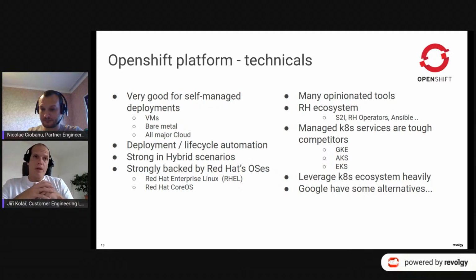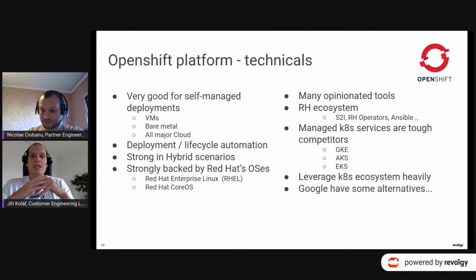And one more important thing which I believe is worth saying about OpenShift, a kind of differentiator against the other Kubernetes distributions: it's backed by the operating systems from Red Hat, which are well known and really good. Especially Red Hat Enterprise Linux and Red Hat CoreOS. This is a more lightweight version, which is used for containers. So these are definitely advantages of OpenShift and something which is really good about it, right?